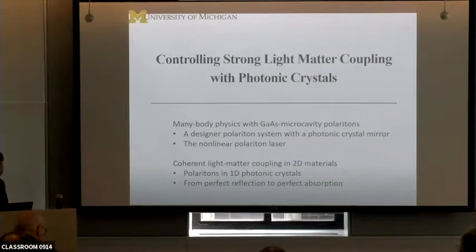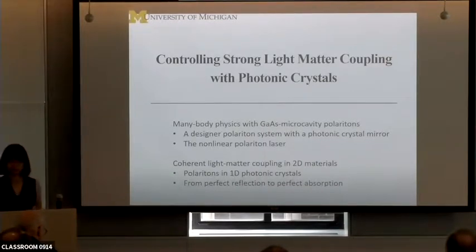I'll first introduce the type of cavity system we have been working with. As I'll show you, you don't have to always use planar DBR cavities, and this may be interesting to some of you working with polymers, organics, or other materials. We'll discuss a few nonlinear phenomena we have studied using this system. And at the end, very briefly, I'll mention how we can also build a cavity for 2D materials that also has designability built in.